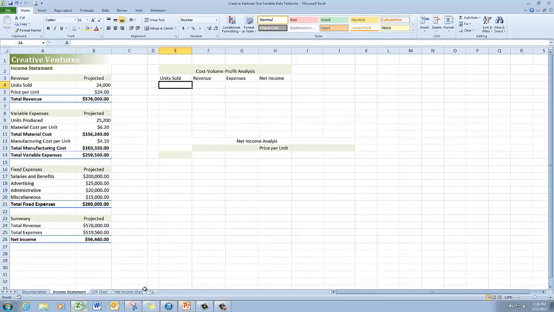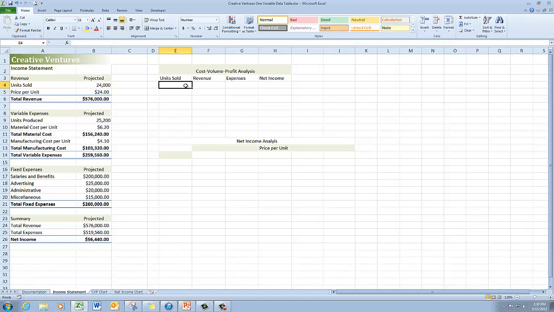So I'm going to go ahead and switch over to my workbook here, and I've already created the basic structure for my data table. I'm just going to add some formulas, and I'm going to add my different sales amounts, and then we'll go ahead and create the data